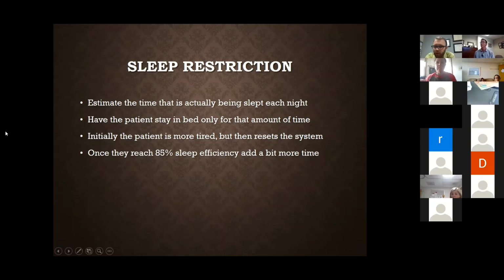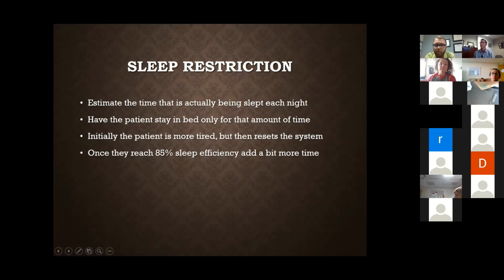About the time your patient gets to about 85% sleep efficiency, then you'd add an hour or two to that regimen. So if we're talking about 5 hours, and they get up to 4 or 4.5 hours of sleep, I'd move that up to 6 hours in bed, and so on and so forth until we get to that 7-9 range again. It is a very difficult technique to do. It is a very tough sell to do it, but it is highly successful as well.